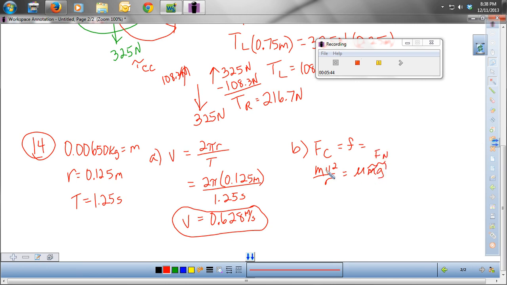My masses will cancel, so I have mu is equal to v squared over rg. V was 0.628 meters per second. Don't forget to square it. The radius of this turntable was 0.125 meters, and gravity is 9.8. So mu, when I do that, is going to be